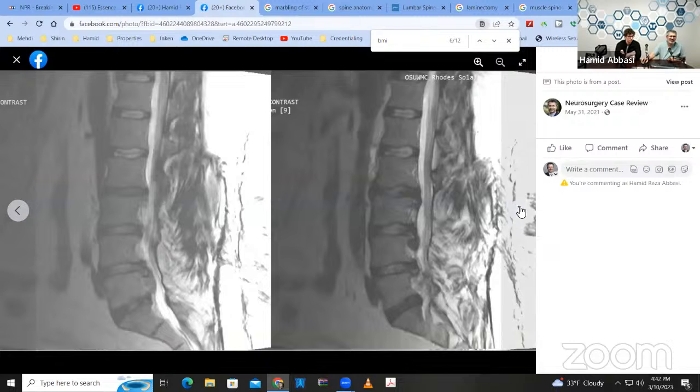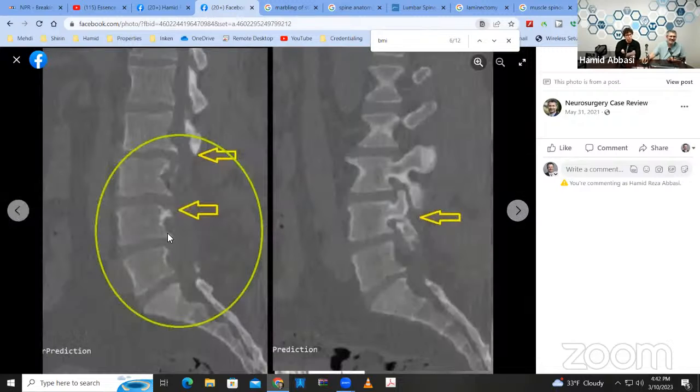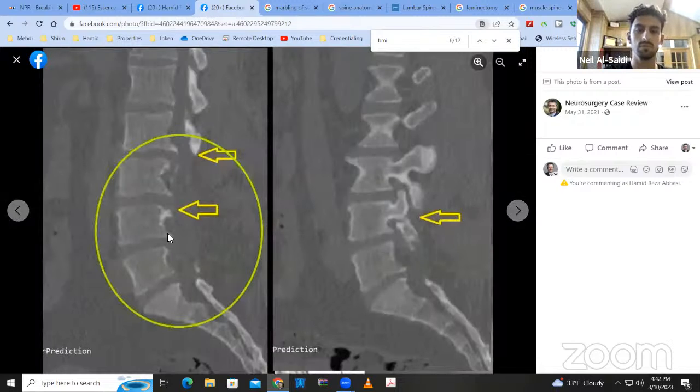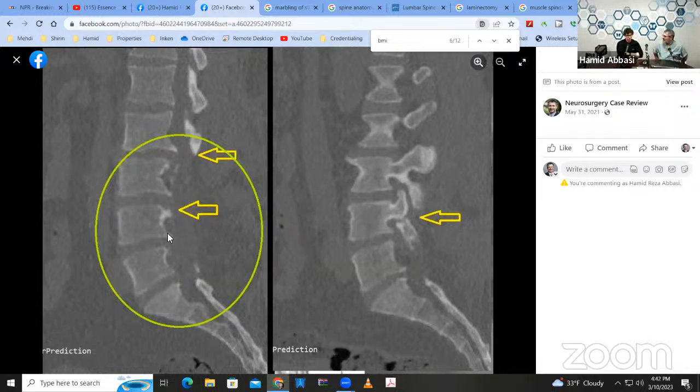Look at that. After they removed the bone in the back, they didn't stop the process causing him the problem. The problem is that those discs are gone, and the vertebrae hit each other and create more bone. Look at those bone spurs here. Those bone spurs are directly pushing on the nerve. You can imagine that this patient cannot walk.